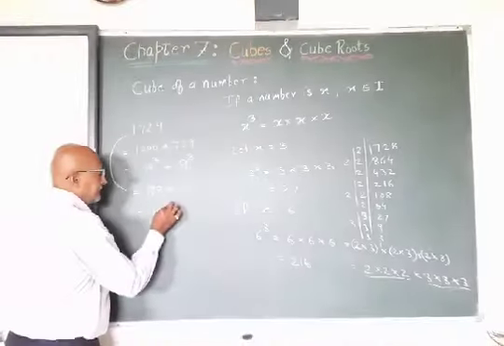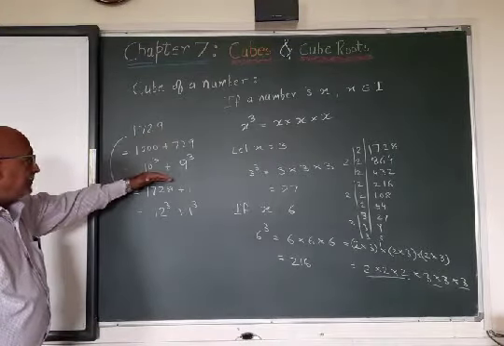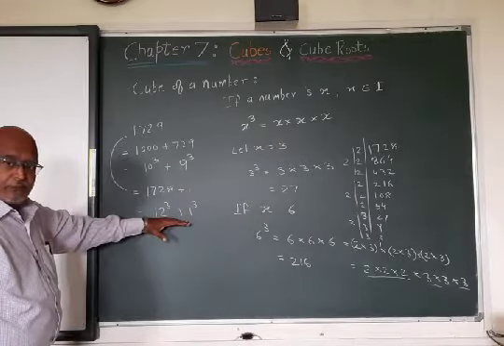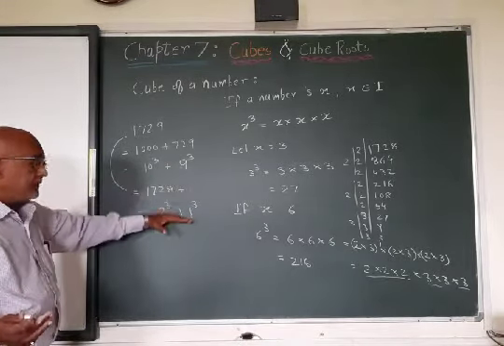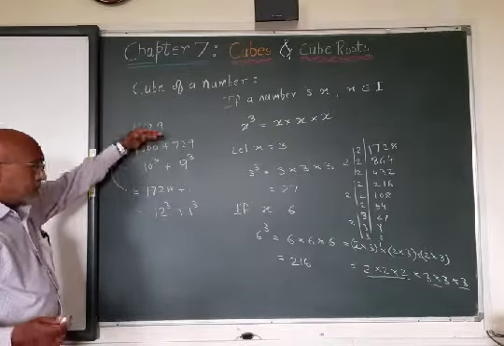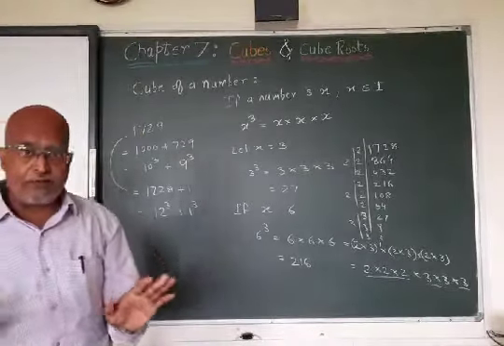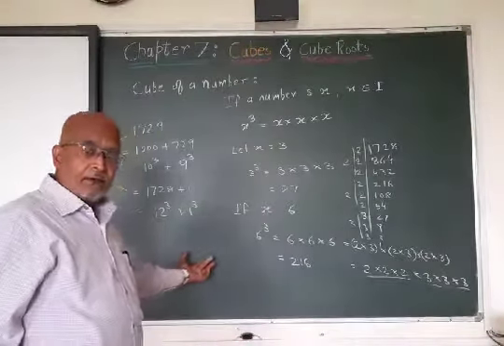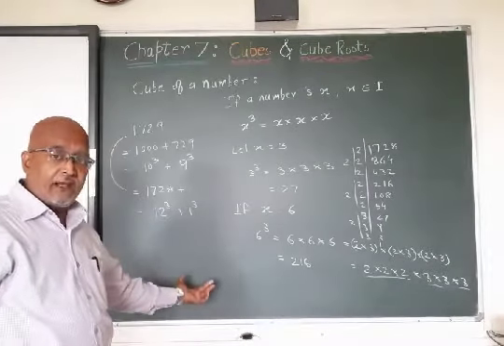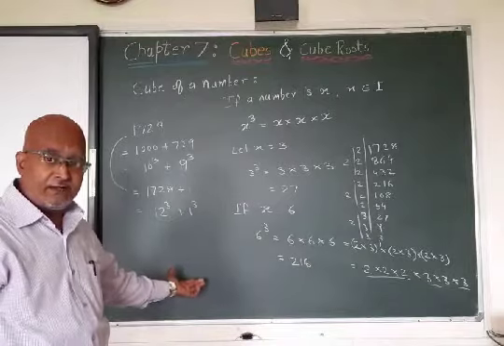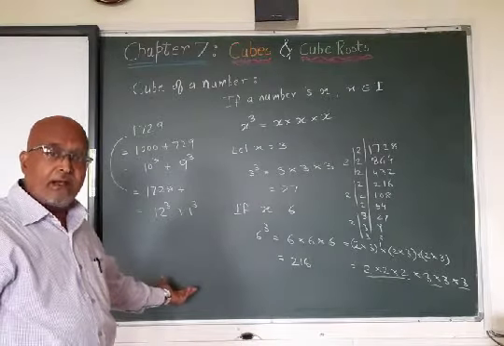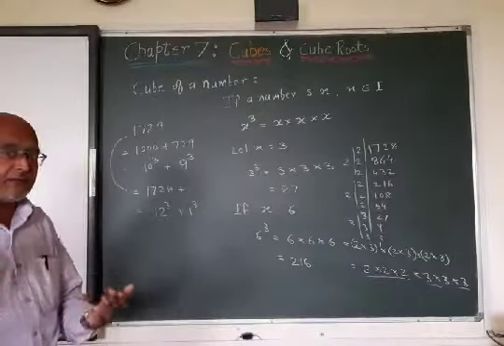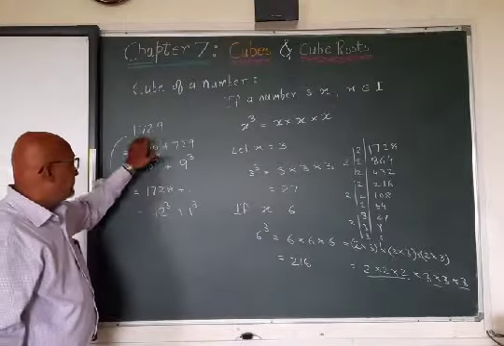Now this was the least number which can be represented by the addition of two different numbers' cubes in two ways. Below this, whatever the addition of the cubes is, it cannot be represented in two different ways. Yes, we can have, I have given the example: 35. That is the addition 8 plus 27. 8 is the cube of 2 and 27 is the cube of 3. It can be represented, but there is no other way. But here, this was the least number.